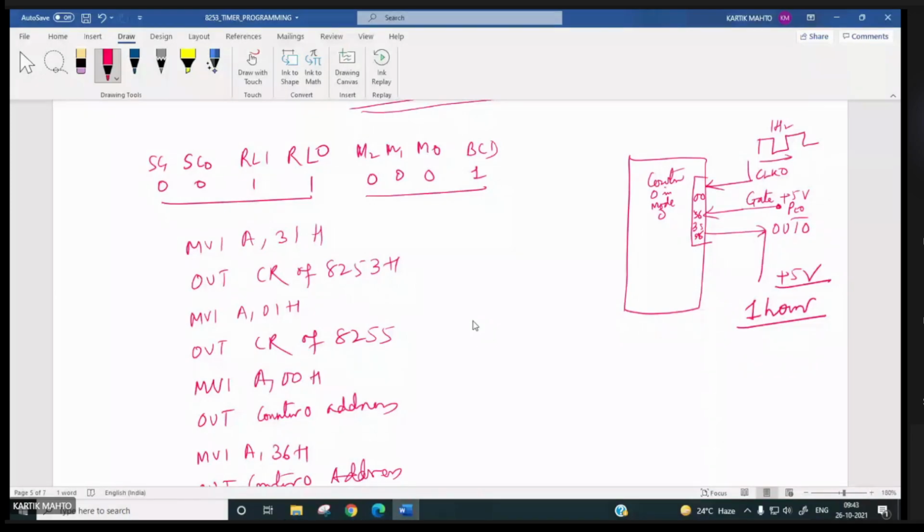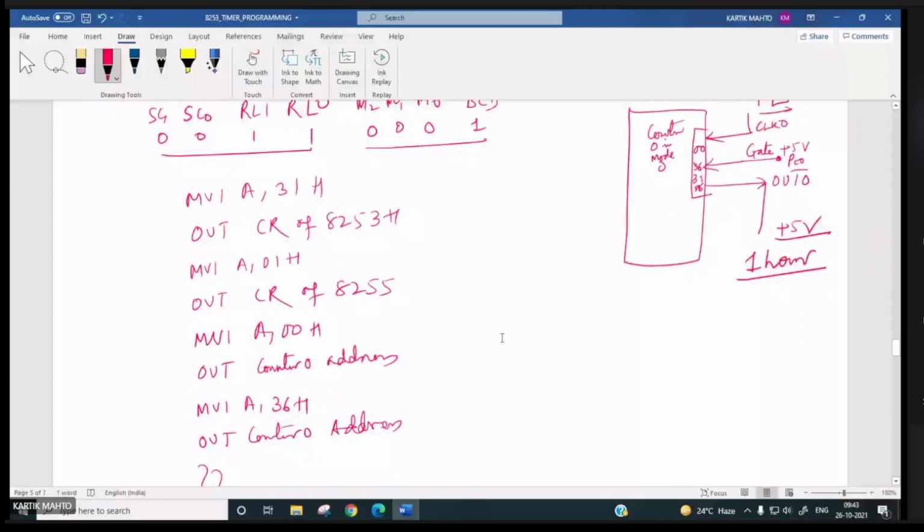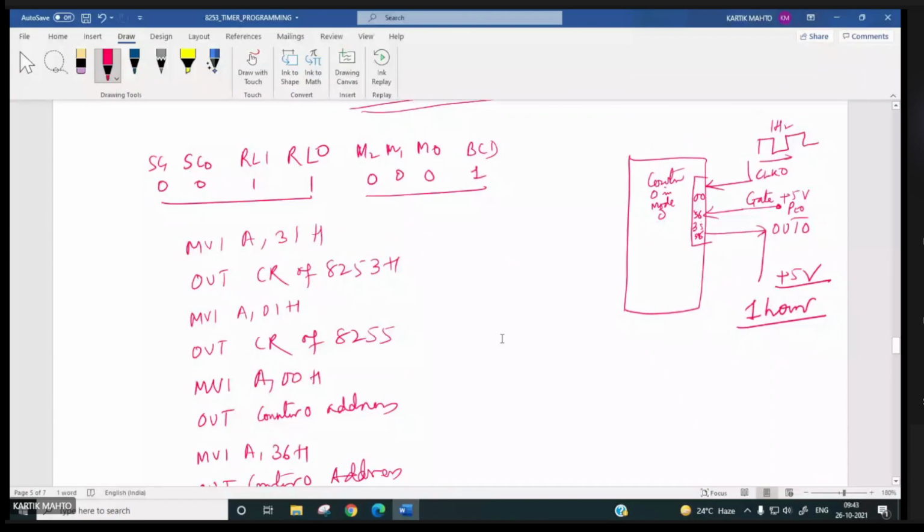So how much time has elapsed, that we have to find out. Then what to do? In that case, here you have to put 00 over here.